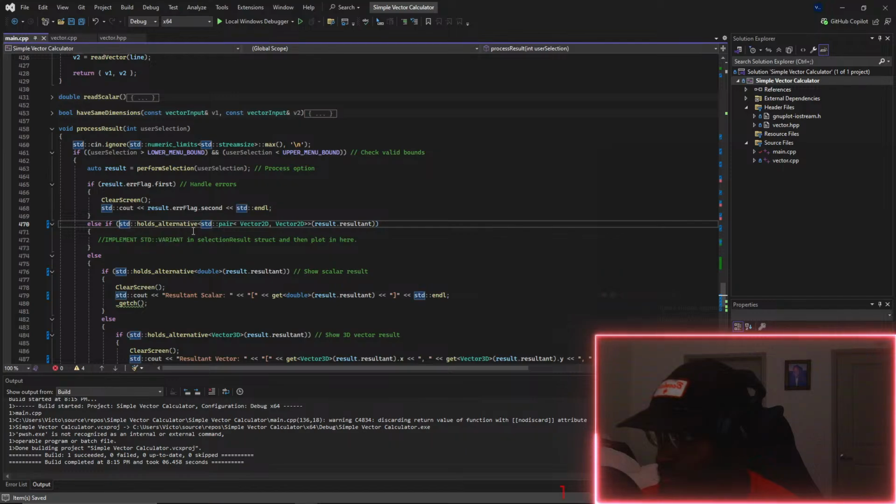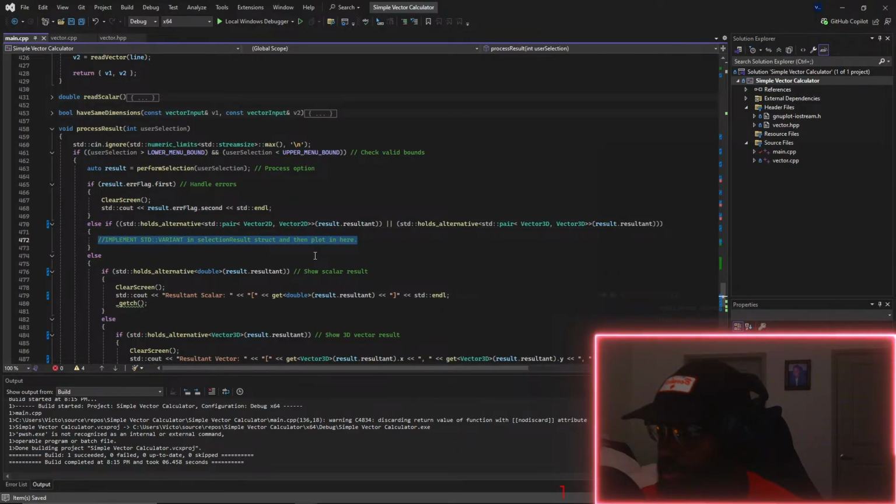So if hold alternative needs to be an or statement, really. Or the same exact thing, but vector 3D, goes to that vector 3D. Then